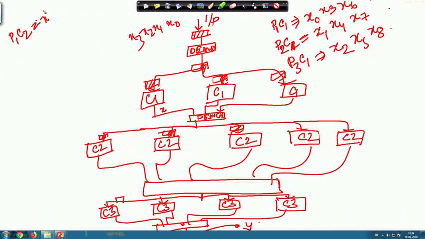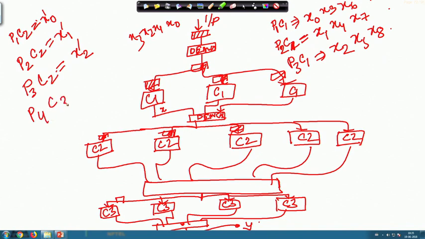So, it will be x0 dash in P2 C2, it will be x1 dash. x1 dash is the output from this demultiplexer, correct. So, then P3 C2 will be connected to x2 dash, then P4 C2 will be x3 dash, and then P5 C2 will be connected to